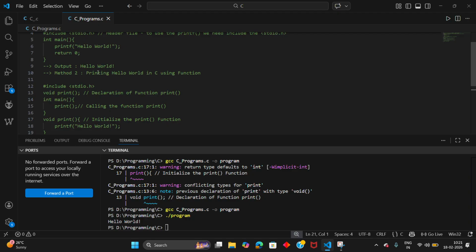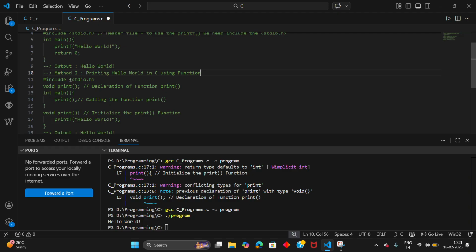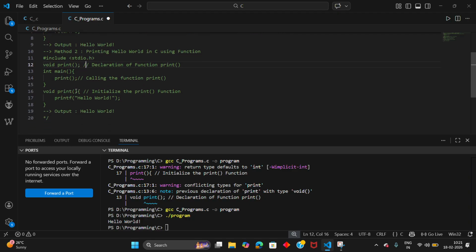See, what we have done is, to declare a function, we must have a data type. After that, we should have the function name, followed by the parentheses, which is the most important thing, and you will give a semicolon for the declaration of the function. If you need to specify the body of the function here itself, then instead of giving the semicolon, you should open the curly braces, and then you need to give the statements that you are required to give in that function, and then you close the curly braces. This is how the initialization and declaration of the function takes place.